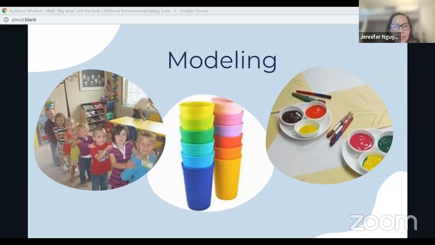We as educators are always being watched in a kind, loving way by our children. They are noticing all of our ways we think and we talk and we move and we react. So math is no different in that we can model. So I'm sure in a learning environment, children are counted all the time. So why not model one-to-one correspondence as we count the children as they move in and out of the classroom?